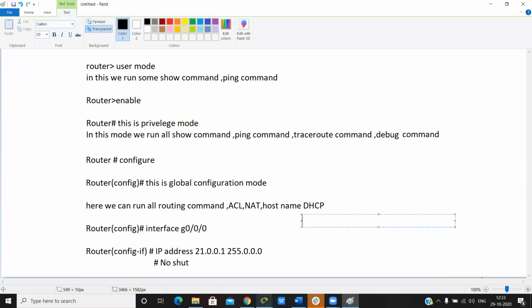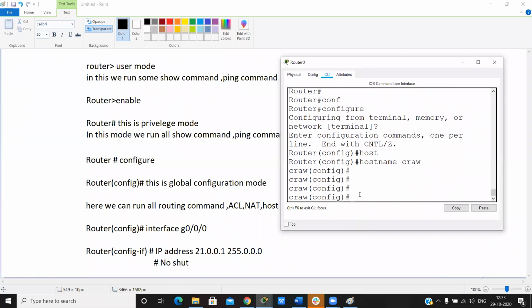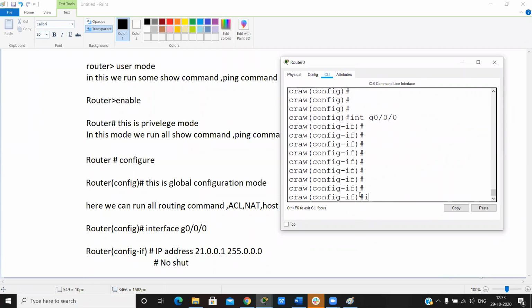See here, global configuration mode, interface GigabitEthernet 0/0/0, ip address 21.0.0.1, then the subnet mask and then no shutdown.